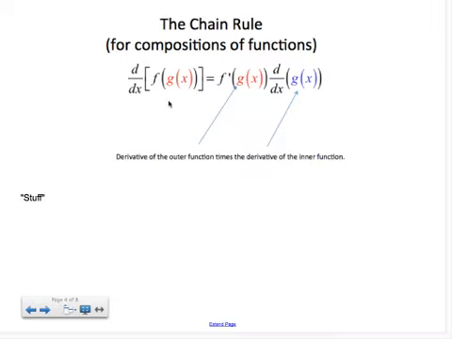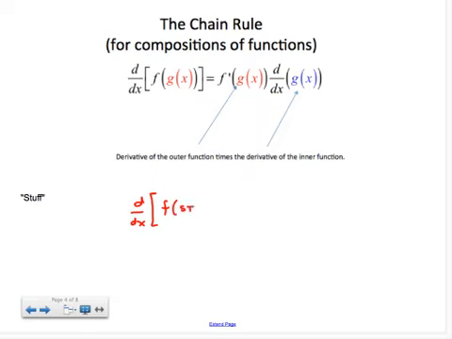Now, this is all good in symbols, but in practice, until we get the hang of it, we sometimes like to use some abbreviations or some substitutions that make sense to us. So I like to do this. I say, okay, if I have the derivative of f of stuff,